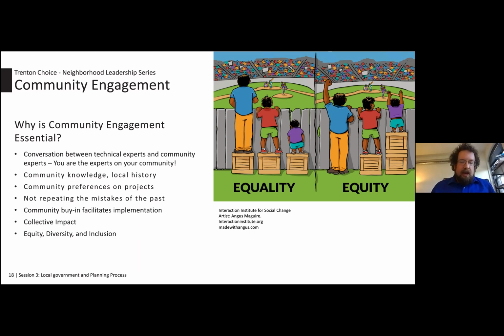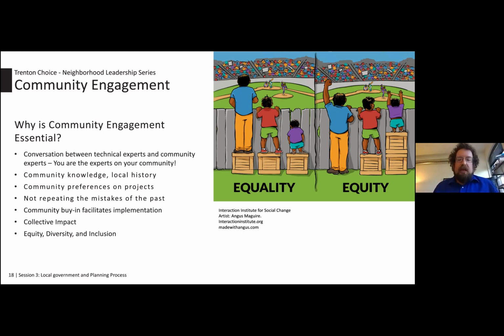So if I have a plan and I'm the only one working on that plan and trying to implement that plan, maybe we'll get a little bit done. But if we have a plan that's put in place and all the institutions in the community are working towards the same goal and trying to implement that same goal, all of a sudden everybody's working together towards a common cause and you get much, much bigger effects together. So you really want to work towards a common goal for the community.